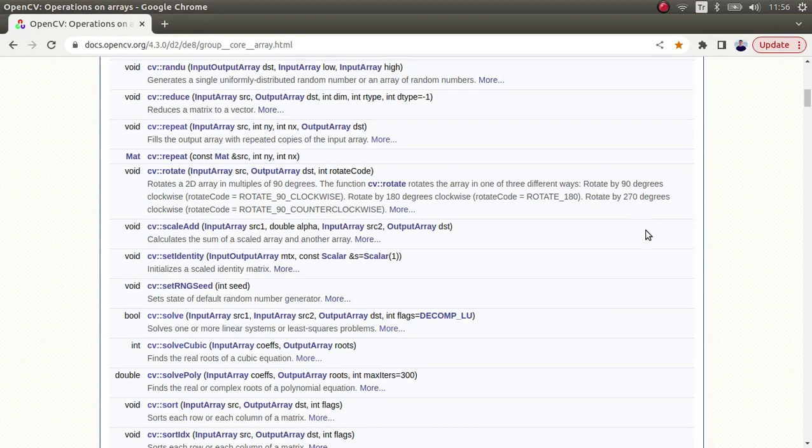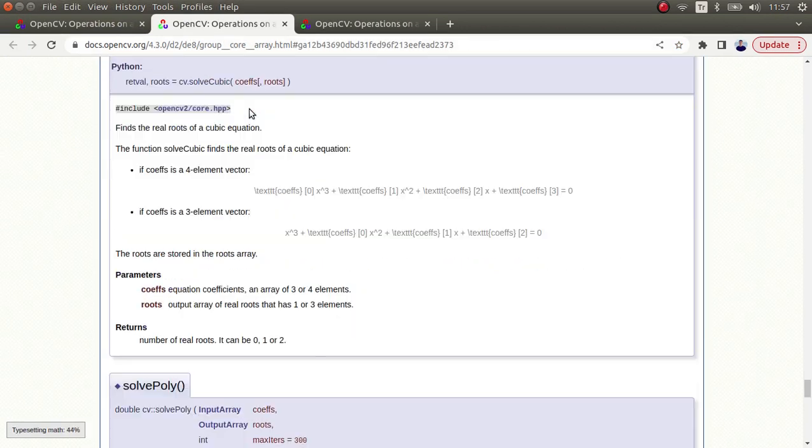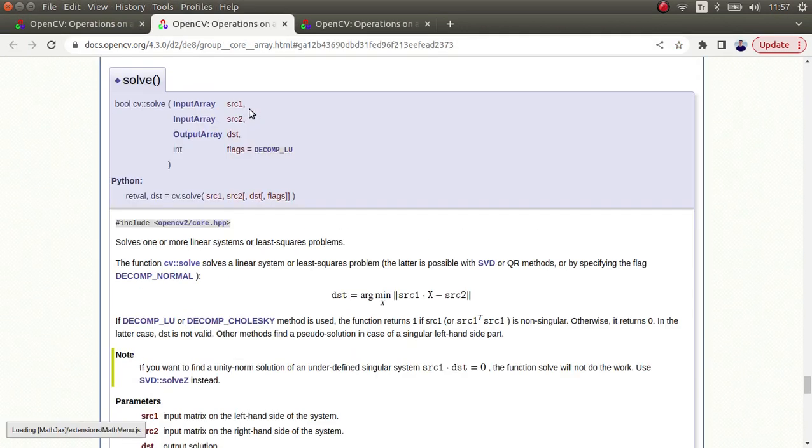Hi everyone, welcome back. We continue on this list and today we are going to learn about the solve and solveCubic functions. These functions help us find the unknowns in equations. Also, in another way, we can say they help us solve linear systems, for example the